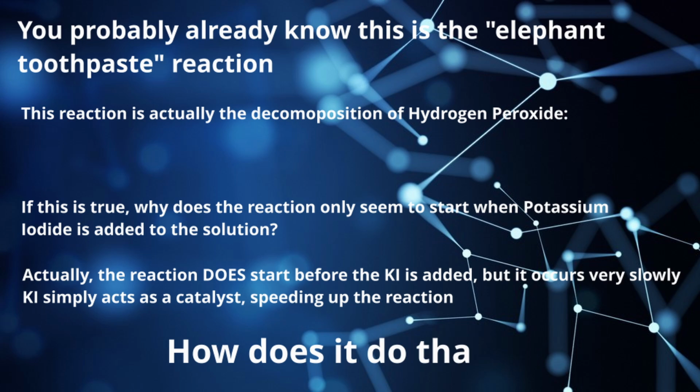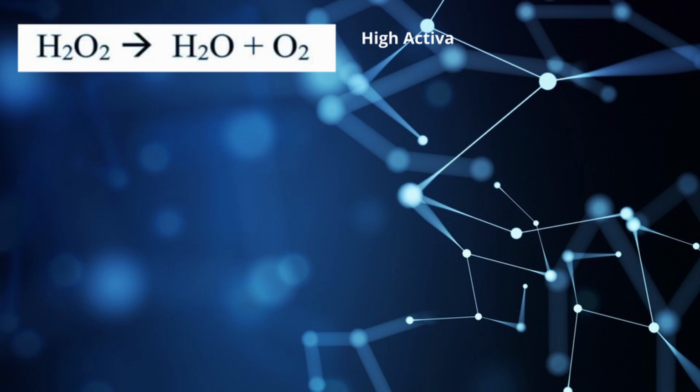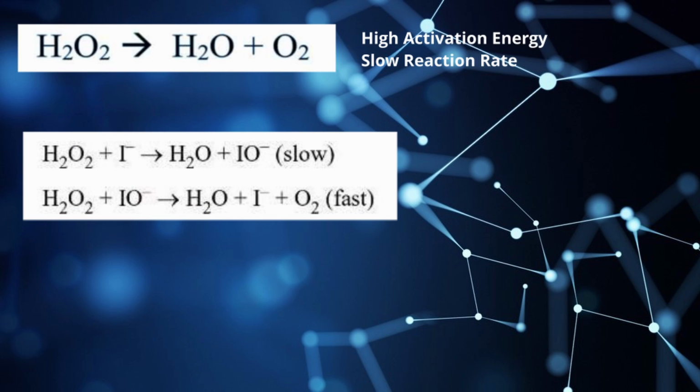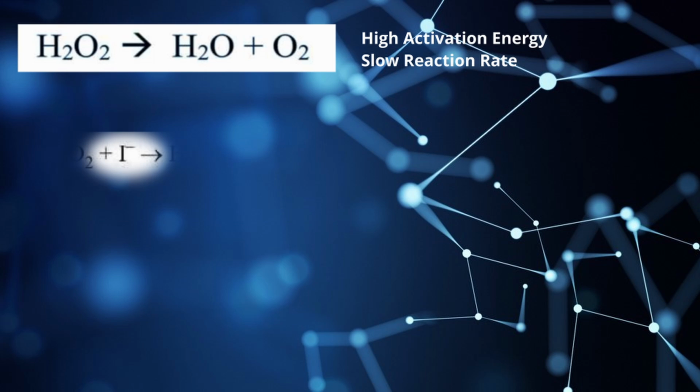So how does it do this? The uncatalyzed reaction has a very high activation energy, which means that it takes a lot of energy for the reaction to occur. This causes the reaction rate to be very slow. Now let's take a look at the reaction when a catalyst is added. Notice that the iodide ions from the potassium iodide appear both on the reactant side of the first reaction